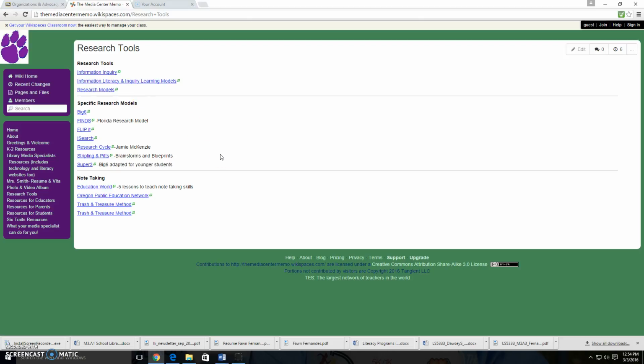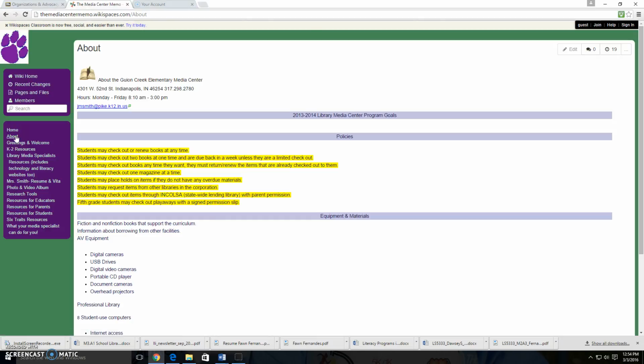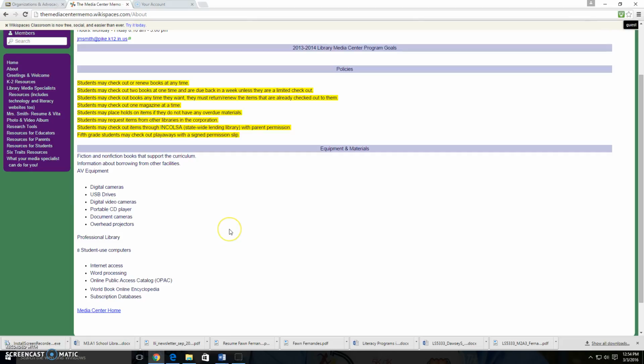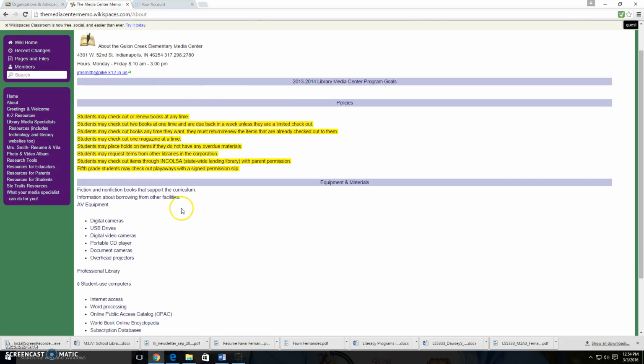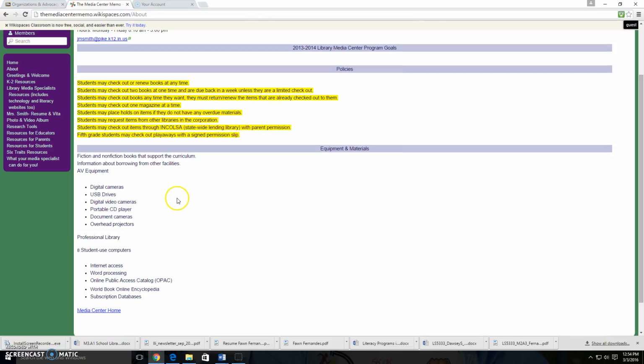Now, the section about the website that best shows librarian as administrator, if you click over on About, she has here all of the policies that are clearly outlined, including scheduling, how many books students can take out, the different resources that are available for use in the library, and access to the books.